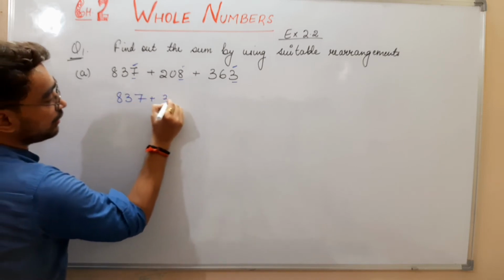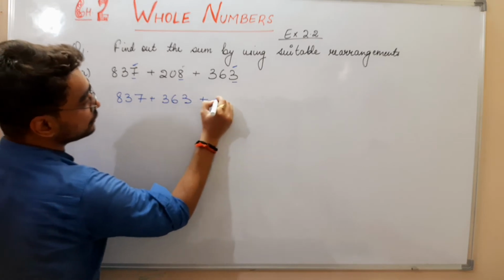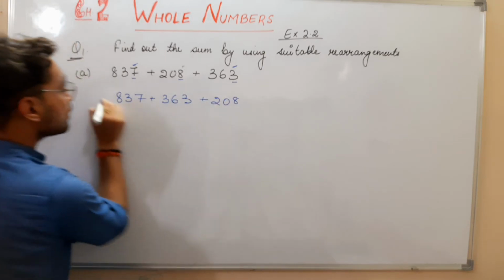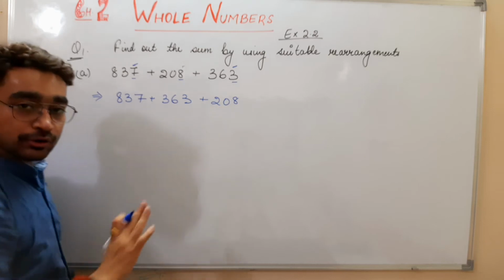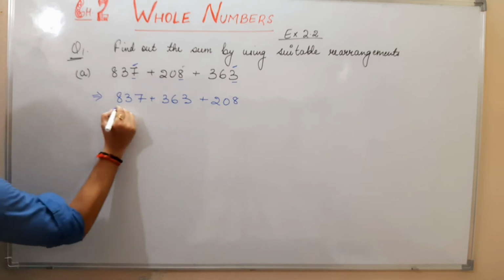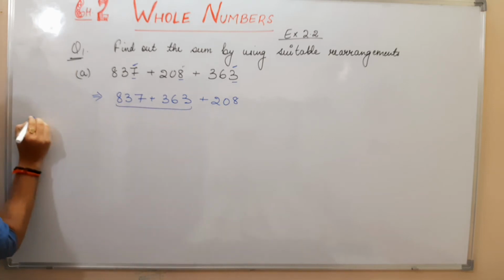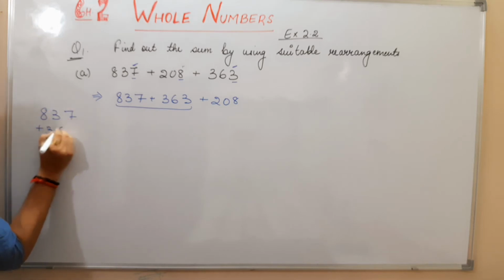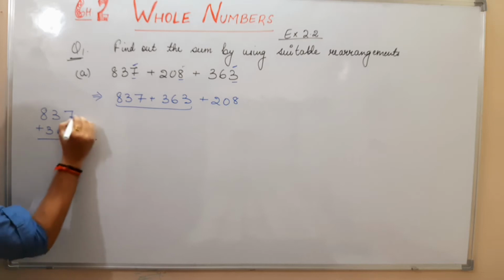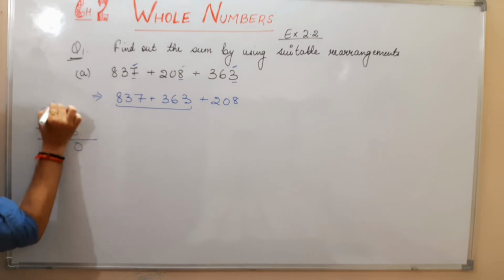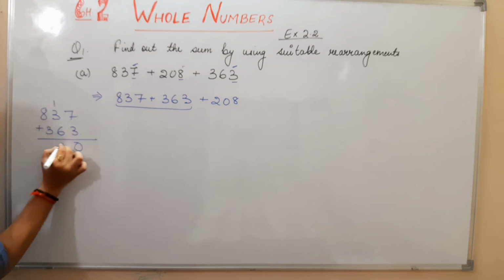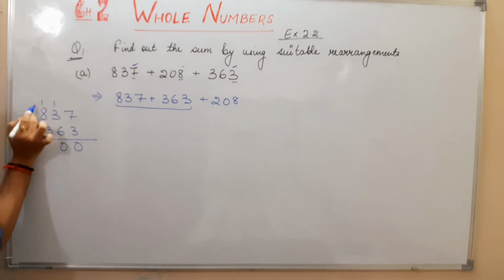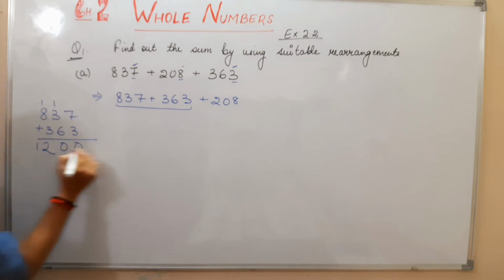837 plus 363 plus 208. This is the commutative property. I am just changing the order of addition, it doesn't matter. Now I'm adding these two first. In the rough column, 837 plus 363: 3 plus 7, 0, carry 1; 6 plus 4, 10, 0, carry 1; 8 and 1, 9, 9 and 3, 12. So it is coming as